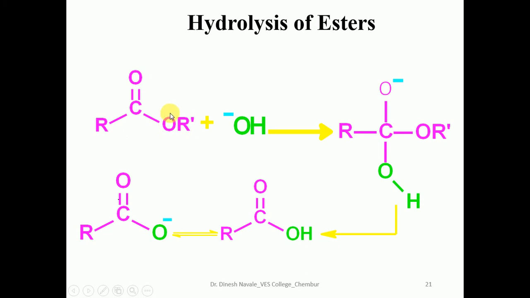So a less stable alkoxide ion is going to leave as the leaving group. It is not a good leaving group, but formation of the tetrahedral intermediate will facilitate the alkoxide ion leaving, giving the carboxylic acid with alkoxide ion as a byproduct. But quickly that alkoxide ion will abstract the proton from the carboxylic acid and give the formation of the carboxylate ion. This carboxylate ion formation does not allow the reaction to go in the backward direction. So that's why there is no equilibrium between the starting material and the product.